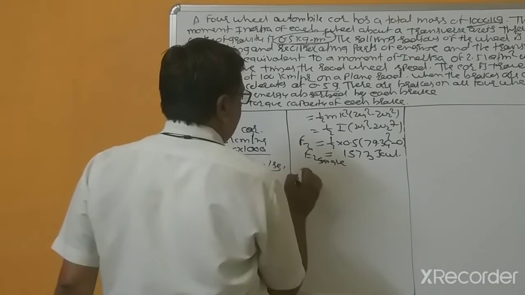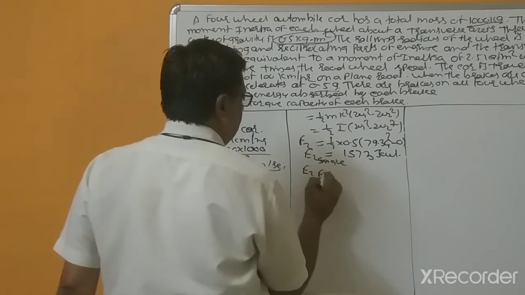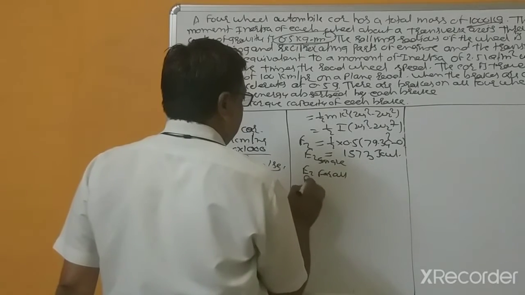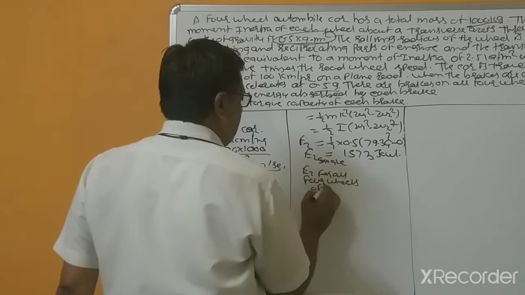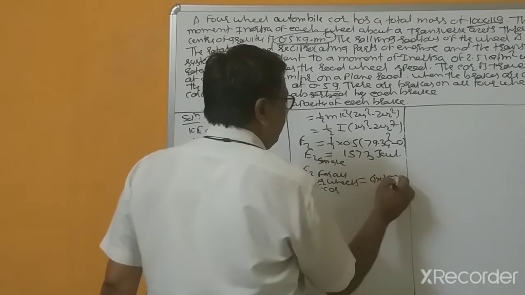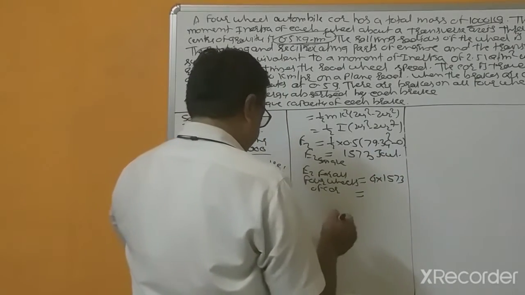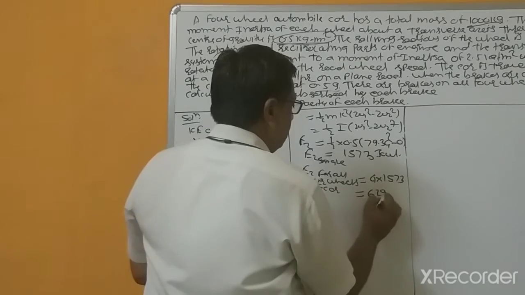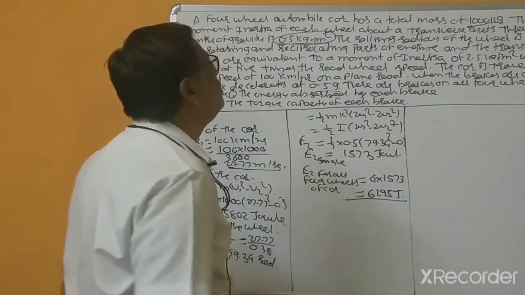So E2 for all 4 wheels of the car equals 4 into 1573, multiplied by 4, 6295 joule. So next,